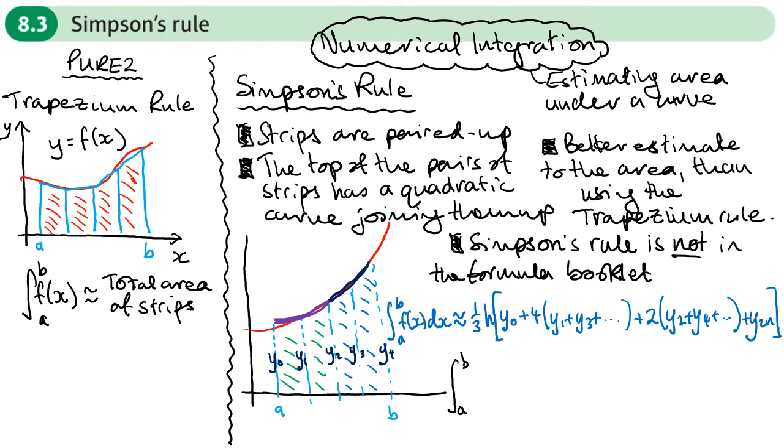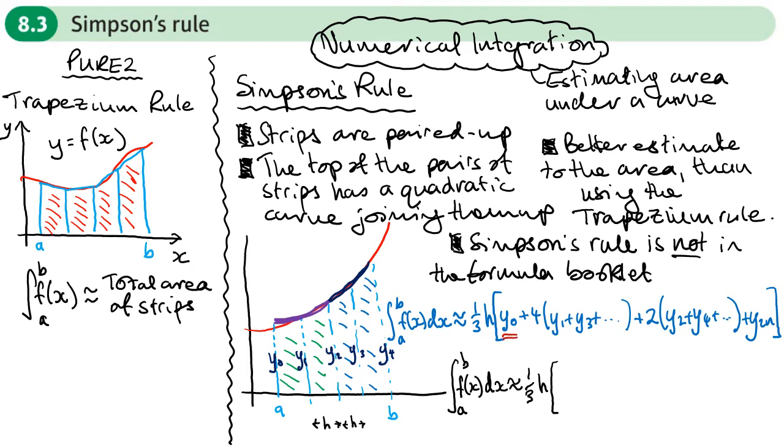If I want to estimate the area under a curve, then this is an easy way of remembering it. So one third h, I should remember, h is the width of each of these. Each one of these bars here has a width of h. So one third h times, and this is going to make it easier to remember,